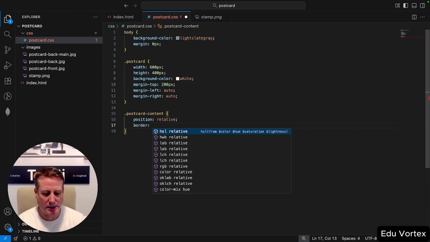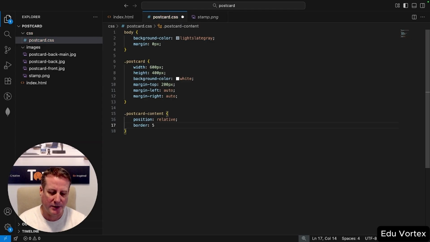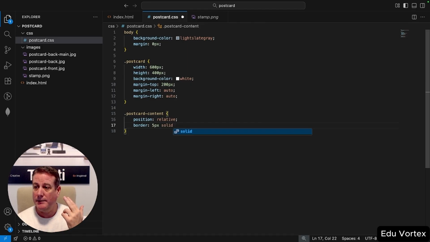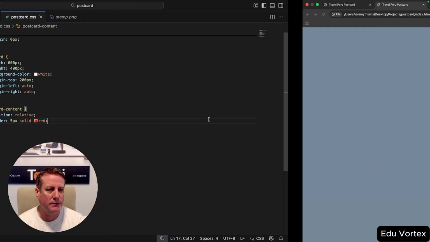And let's just give that a border of 5 pixels, and we're going to make it solid. There's 3 main things that you need to put inside of a border property. You have to have the size, you have to have what kind it is, and its color. So for example, if I did this and I just did red and we just save and we go take a look,